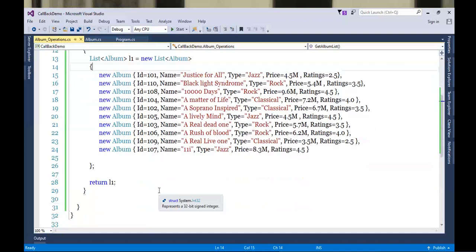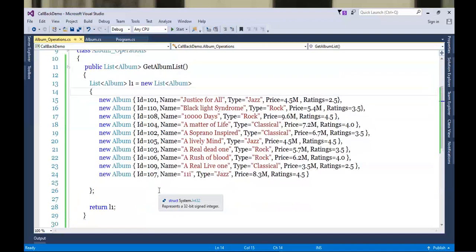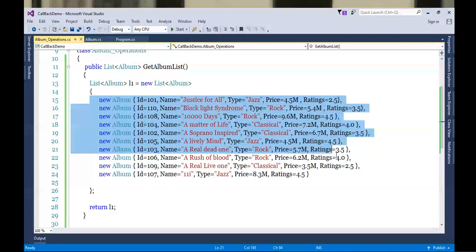So what I need to do now, definitely I'm requiring one method out here which will actually provide the criteria for me, right? And what criteria will I be specifying? Let's say I want all those albums whose ratings is greater than 4, or maybe less than 4. It's up to you. Set the criteria for this.